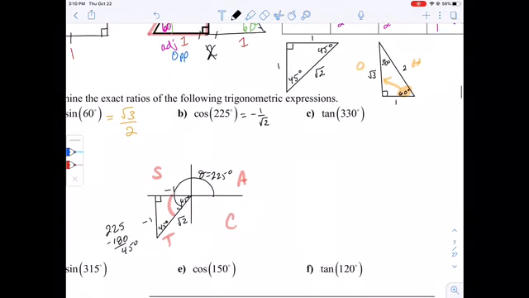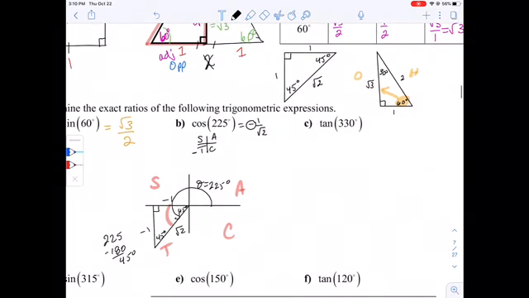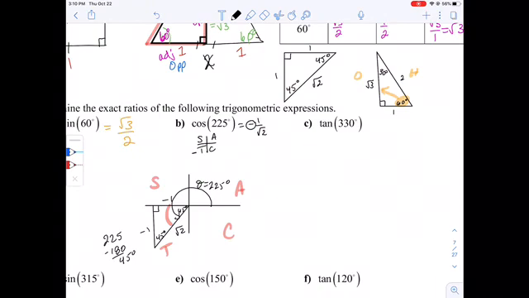Now, if I just think about my special triangles, I don't have to recreate that and put that triangle inside every time. I can say, well, I know the CAST rule tells me that in the third quadrant, cosine is going to be negative. So I know my answer is going to be negative, and then I just find the reference angle 45, and the ratio for 45 is 1 over root 2, and I throw a negative sign in front of it. So tan of 330, before I draw a picture, I know my reference angle there would be